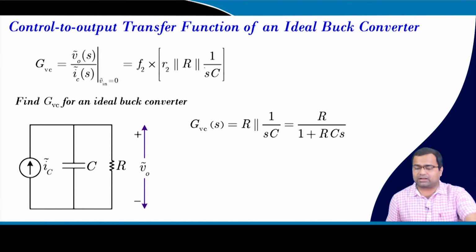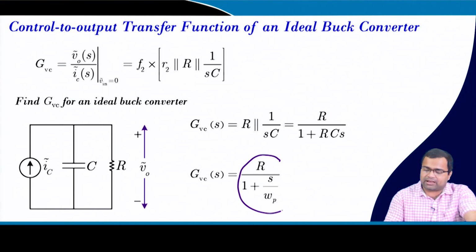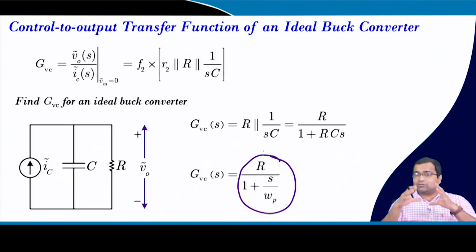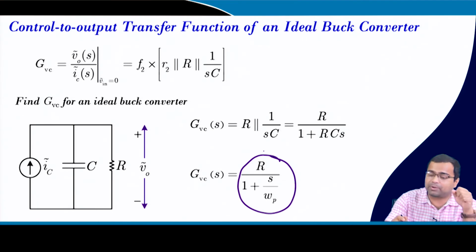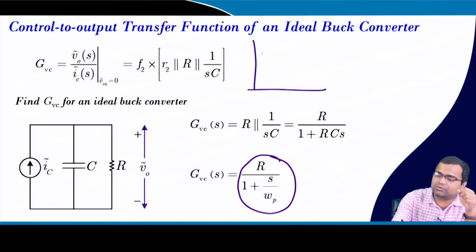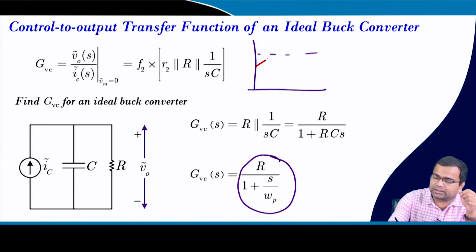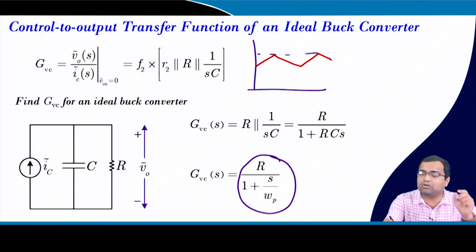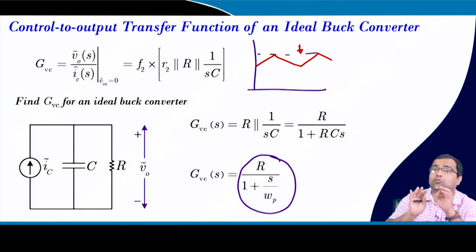Then for an ideal buck converter, the transfer function is like this. So, it is just a simple first order model. Remember, it is open loop, but the inner current loop is closed. That means your outer loop is open, because if you go back to the buck converter, what we did here, we have kept a current reference. It does not mean it is totally open. The inductor current is forced to follow this reference, that is it. But we are not changing this reference as per the outer loop demand, because we kept a constant current reference. In that sense, it is open loop.